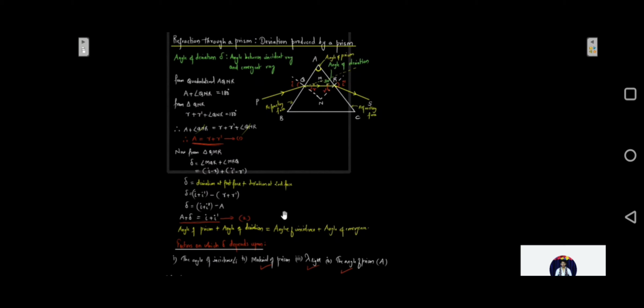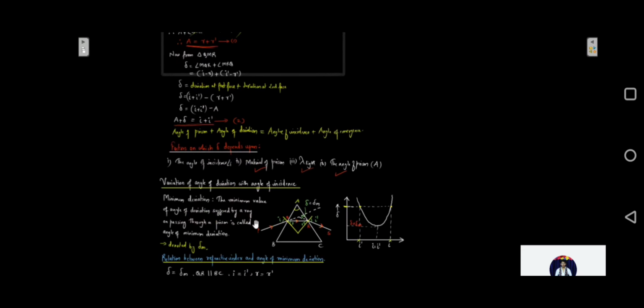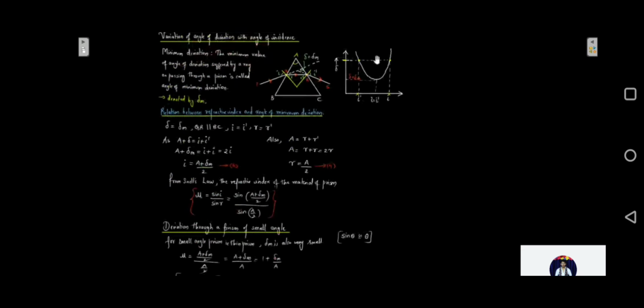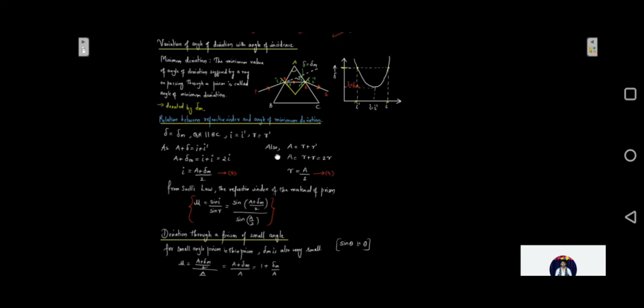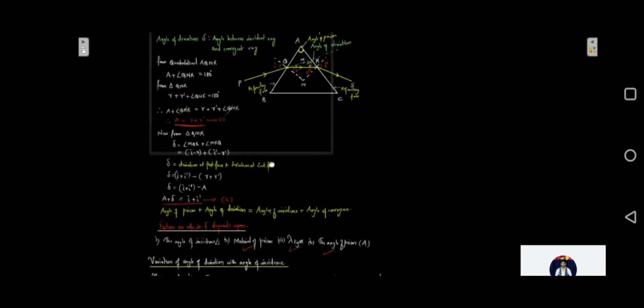So if in the exam the relation between the refractive index and the angle of minimum deviation is asked to you to derive, this entire thing should come, that is the first part with the figure. This figure is very important. Factors are not required, no need to write these factors. The graph is very much important. The graph has to come. If you do not draw the graph in the exam, you lose marks. So the graph has to come in the exam, and then the final expression. The final expression should be written clearly. So this entire thing has to come except the factors on which delta depends.